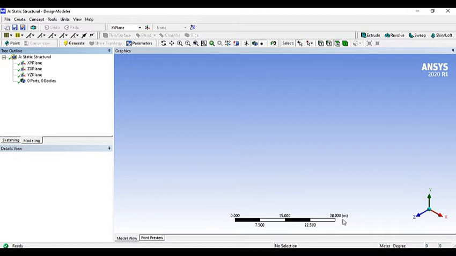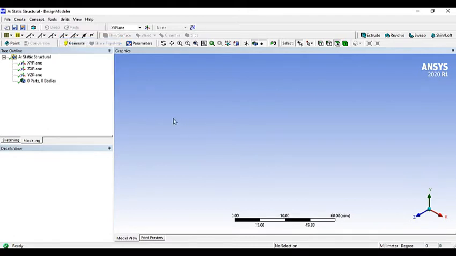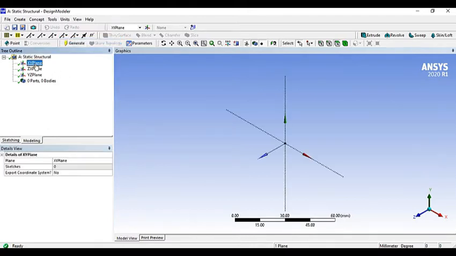We can see the dimensions are in meter, therefore we have to change this first, that is units in millimeter. Therefore select any one plane from this tree outline, right click on it and look at.